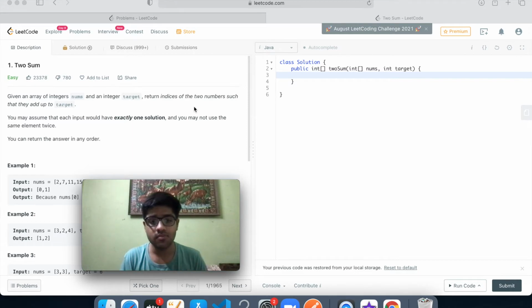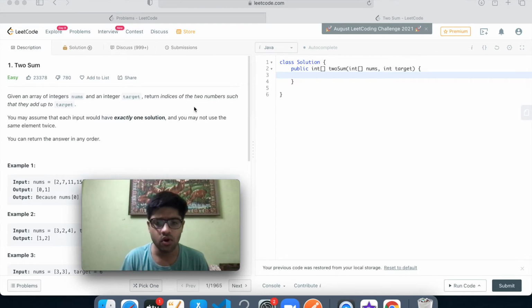And if the sum of the first and the last elements of the array is less than target, then I will increment my start pointer. In this way, I'll keep on adjusting according to the sum I am getting. And once I get the solution, I can simply return the indices. So in this solution I'm sorting in n log n, and then I am searching once, which is n, but eventually the answer would be in n log n time complexity. So that's not much efficient.